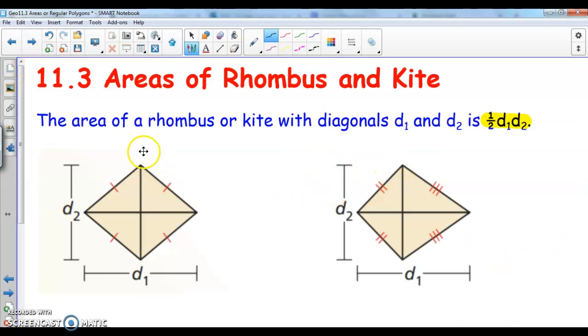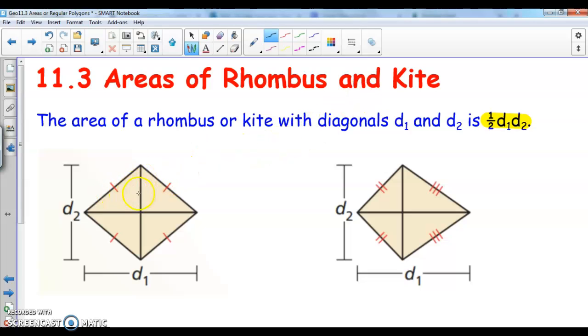So the area of a rhombus or kite with diagonals D1 and D2 is actually just 1/2 of the product of the diagonals. So another way of doing it is to actually split the rhombus into two congruent triangles. So if you look at this one,